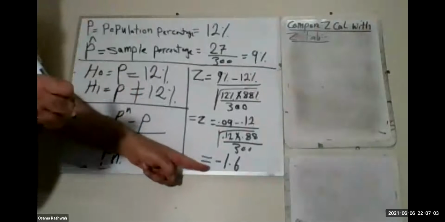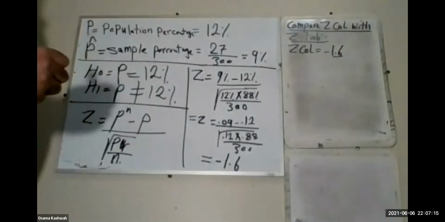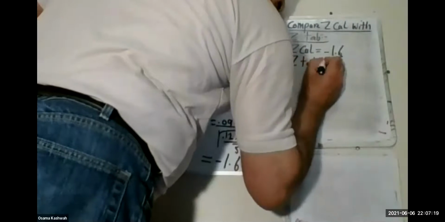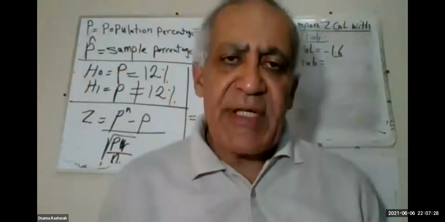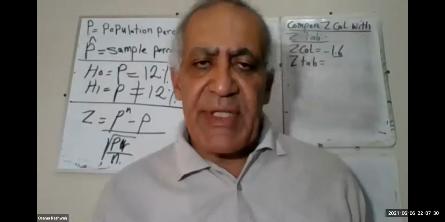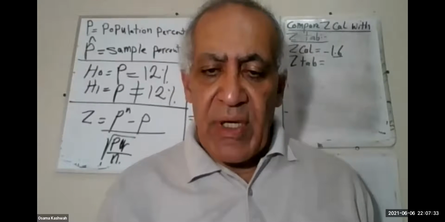Z calculated equals minus 1.6. Meanwhile, Z tabulated will equal... now let us go and see. It's giving me a part of the table so that it will make it easy. And in the assignments, I might give you the tables already, the results of the tables, so it will be easier for you. However,